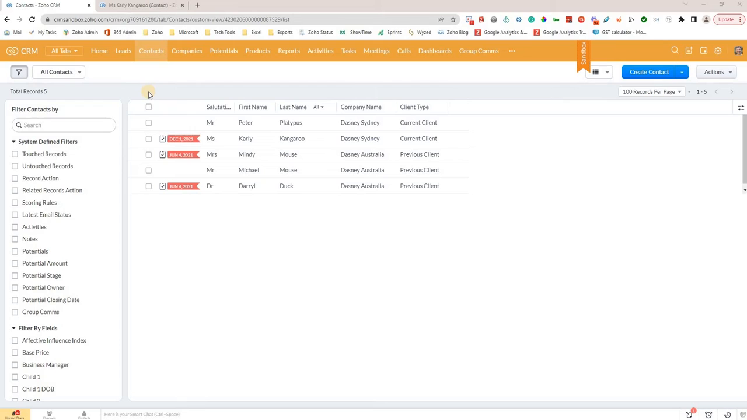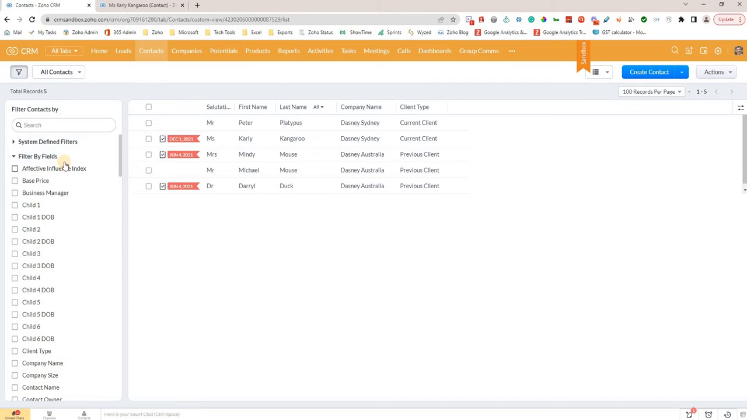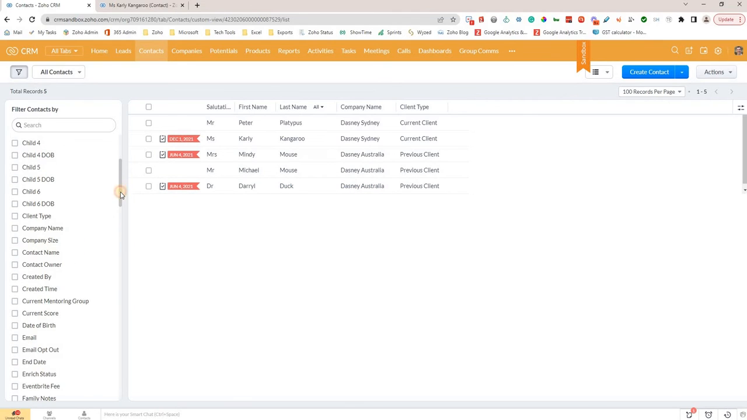So firstly, let's just say I'm going to send out a mass email. Before I do that, I just want to make sure that everyone in my system has an email address. So a quick way I can do that is I can use the filters on the left here. Down here under filter by fields, these are all the different fields that are on each particular contact. Okay, so for email address, I just scroll down, click on email,